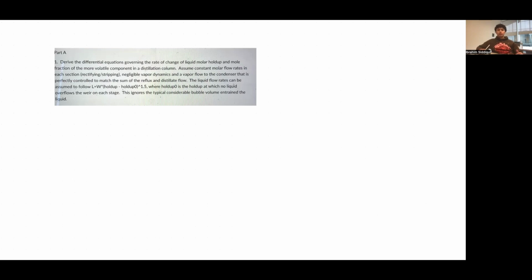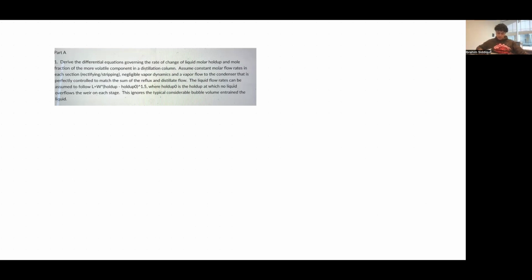But let's go ahead and read this description so we can see what we're getting into today. We will be deriving the differential equations governing the rate of change of liquid molar holdup. Holdup is going to be one of the expressions related to our W term that I'm going to initialize in a little bit, and mole fraction, which will be denoted as xn, of the more volatile component in a distillation column. I will assume constant molar flow rates in each section. This includes the rectifying and stripping stages,